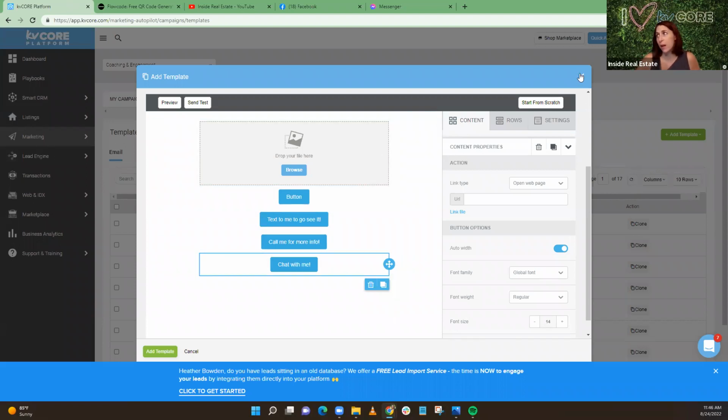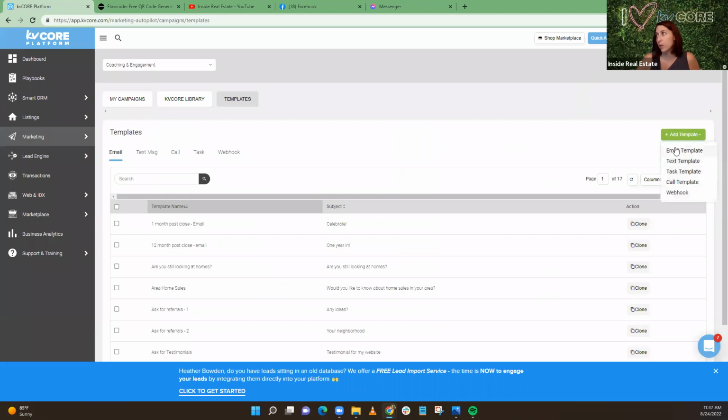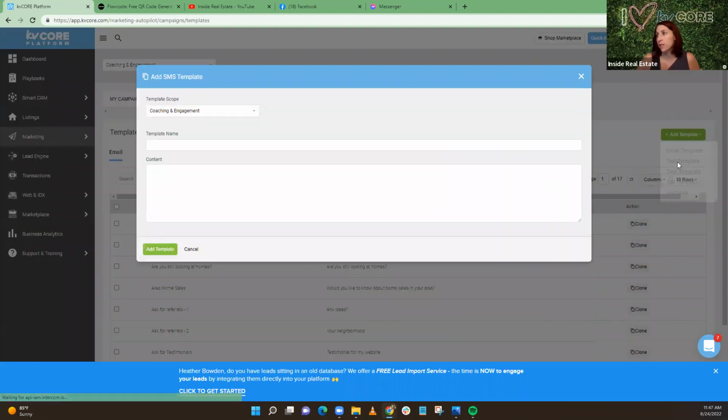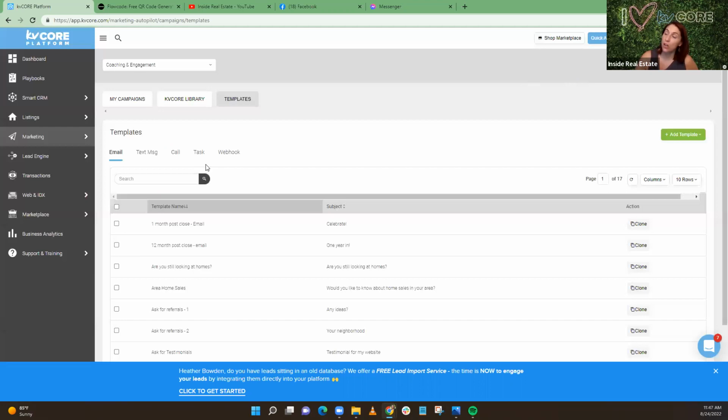You can do a text template. I mean, obviously you can do all sorts of templates in here. In the text template, if you wanted to use that Main Street code, you could say, I have a brand new listing. If you want the information, reply with Main Street, and it could send it back to you. But you can't put a button in for a text message, and on your website, there's no way to really put a button in for that kind of thing, unless you did something like